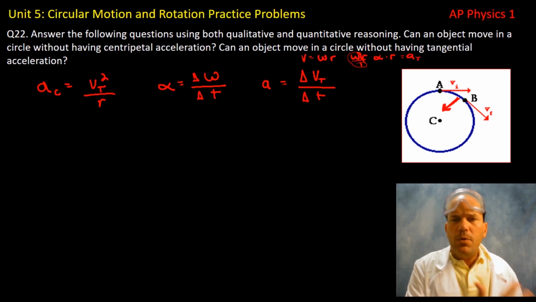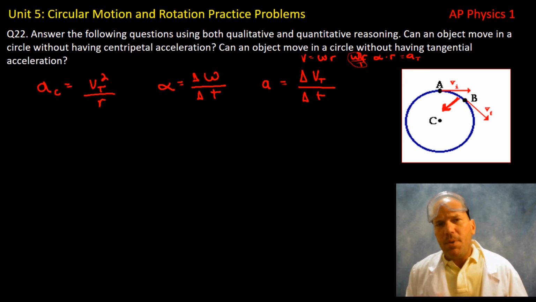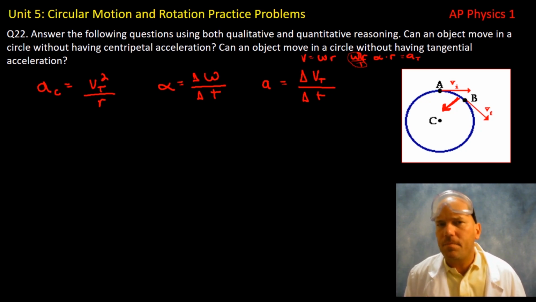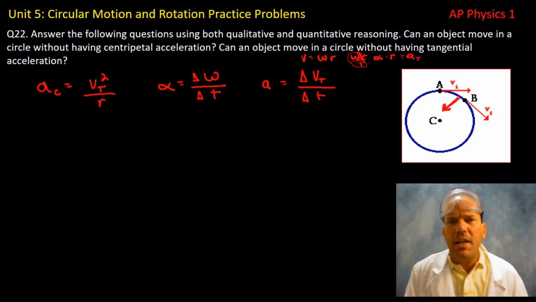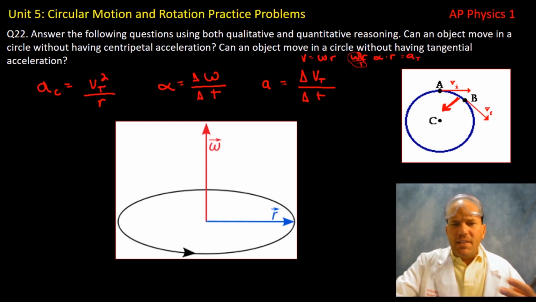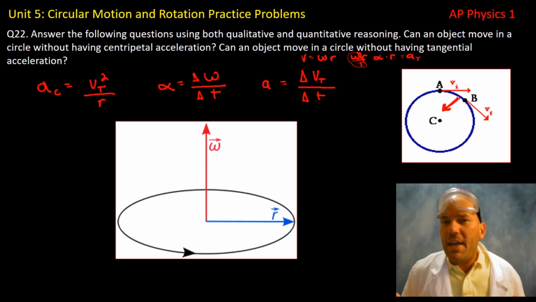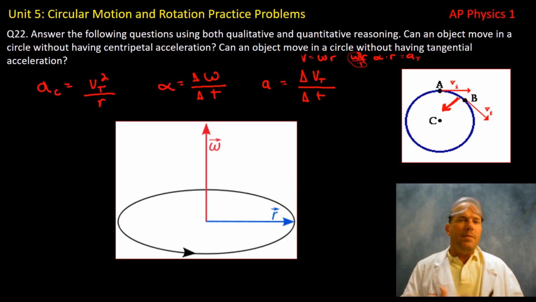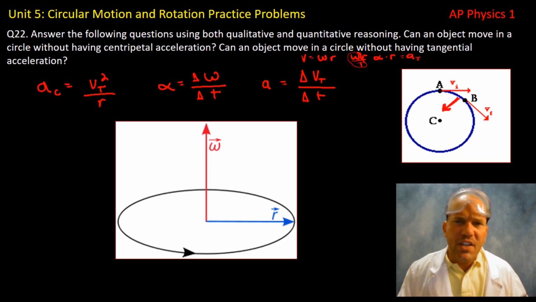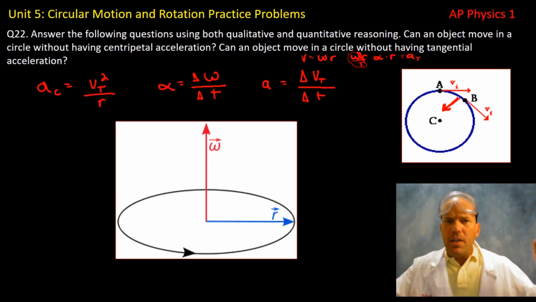Centripetal acceleration applies to an object at a given radius being manipulated into a circular path. Angular acceleration is different, though. Angular acceleration has a direction, in this case coming up and out of the page. So it's very different, and it applies to an entire rigid object that is in rotation,